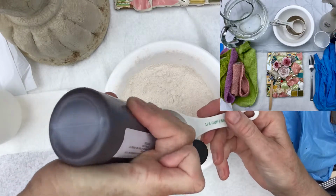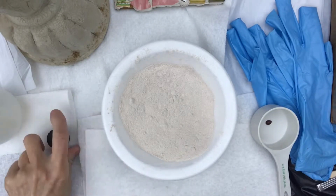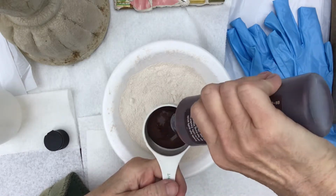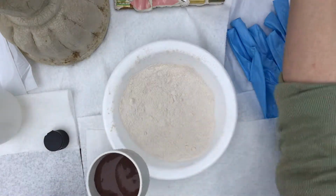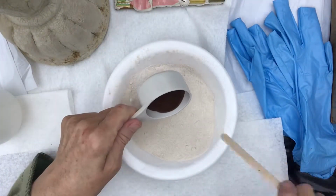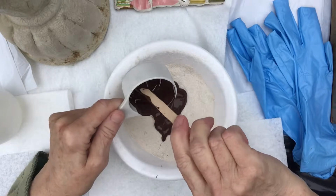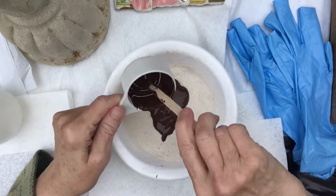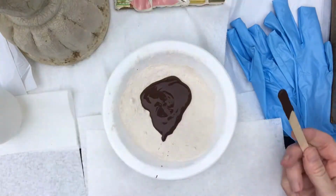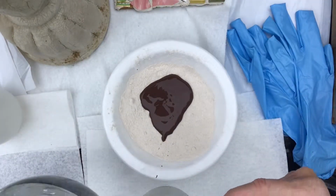Now, grout is a very dense substance, so it takes a lot of paint to color it. And this is just folk art paint that you can get anywhere. So I'm going to use about, not quite a fourth a cup, and put it in here. I've got in this bowl a cup and a half of grout, and I'm going to try to show you. It's hard for me to give you the exact measurements because conditions vary from grout to grout and place to place. So I'm going to start with